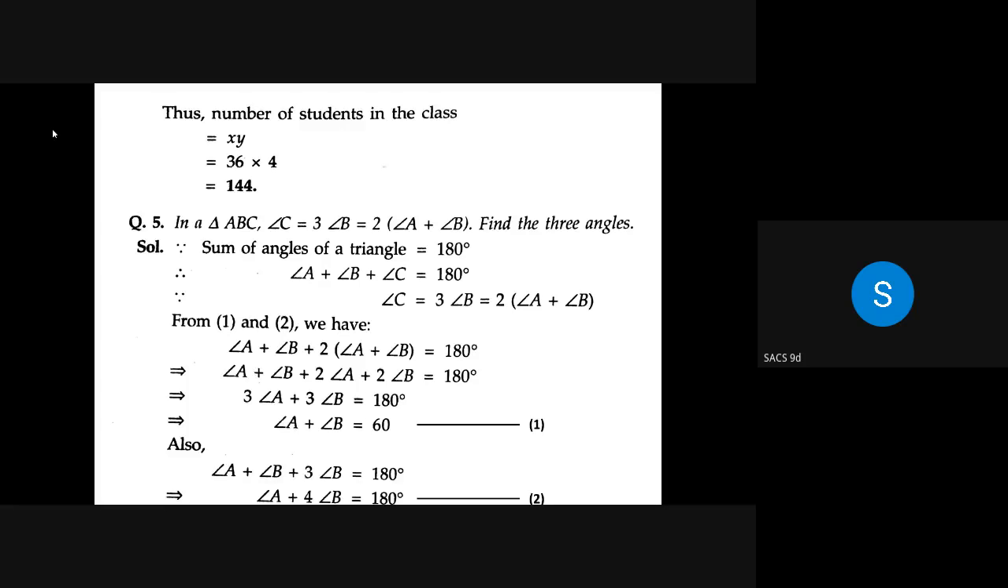Question, but of linear equations only. In a triangle ABC,